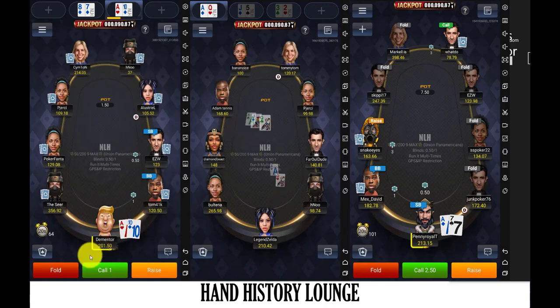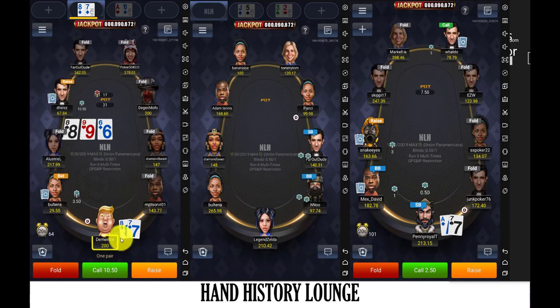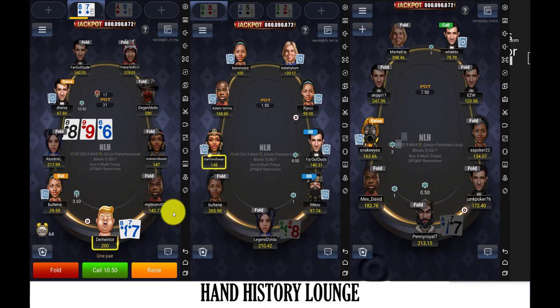Ace-10 offsuit on table 1, under the gun. Not a good enough hand to bet under the gun. This is an interesting spot over here on table 1. When it goes bet raise with these short stacks,